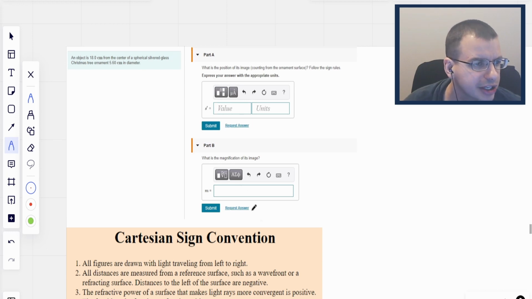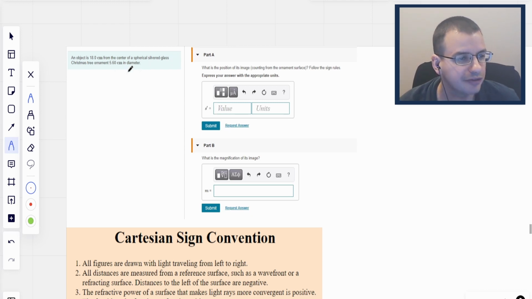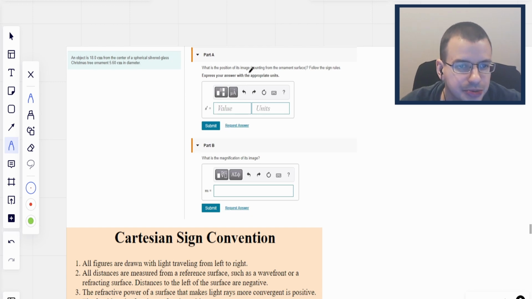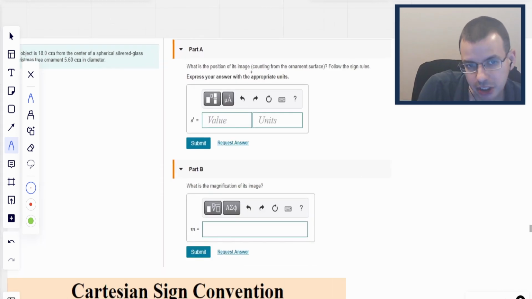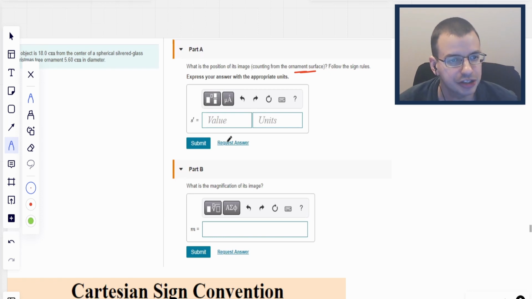An object is 18 centimeters from the center of a spherical, silvered, reflective, mirrored, glass Christmas tree ornament of 5.6 centimeters in diameter. What is the position of its image, counting from the ornament's surface? Follow the sign rules. Express your answers in appropriate units. What is the magnification of this image? Okay,